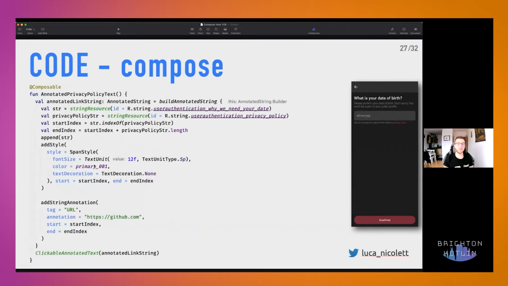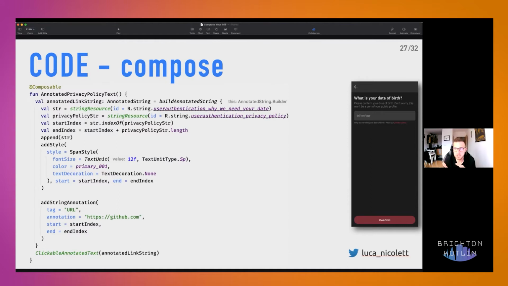The annotated text is longer, but it's shorter than using span builders like we're really used to. So what we do here is we gather the strings with another helper function, string resource, the enter one and the one to make clickable.